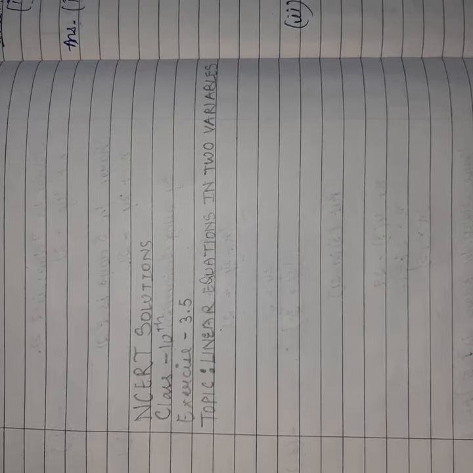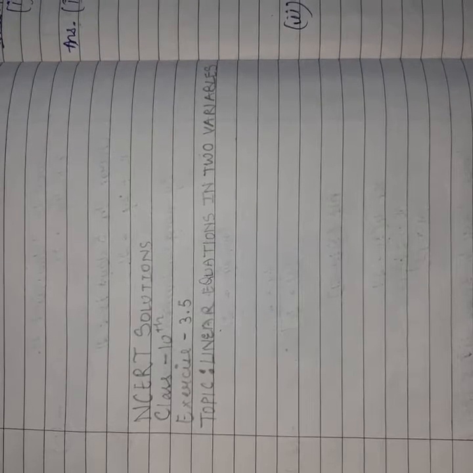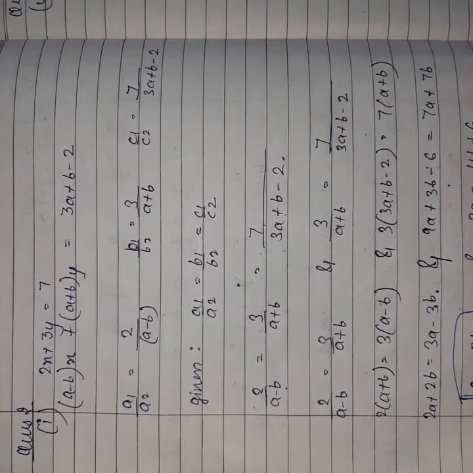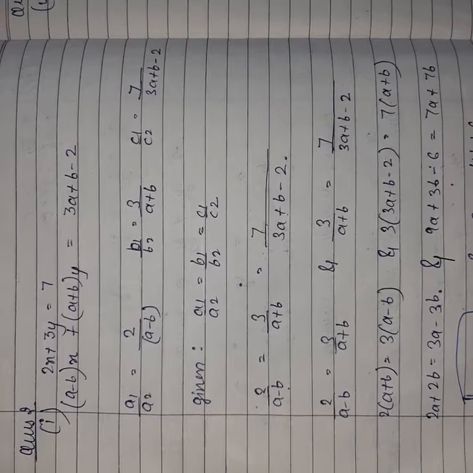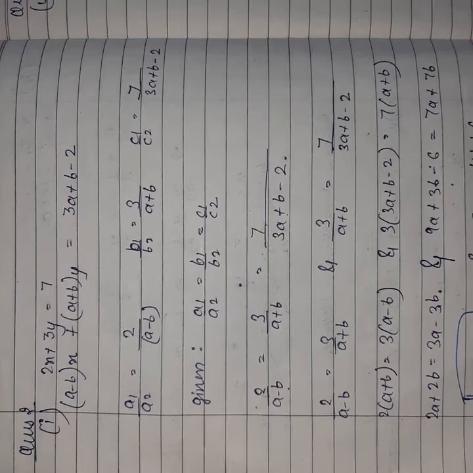Here we will be discussing the NCERT solution for class 10th mathematics, exercise 3.5, topic linear equations in two variables. Now we have to discuss question number 2. Question number 2 has two parts. The first part is: for which values of a and b does the following pair of linear equations have an infinite